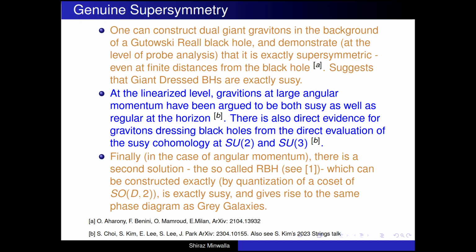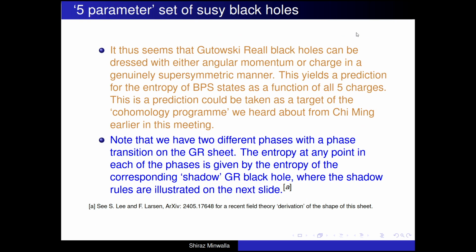Second, there's some evidence that the same is true for gray galaxies. And third, there are other rotating black hole solutions that I haven't told you about that one can show are exactly supersymmetric, because all it does is take a supersymmetric black hole and set it moving. Okay, so I know that was fast, but you trust me implicitly, so you should believe that our construction goes down to the BPS plane. Excellent. So now that our construction goes down to the BPS plane, we now have a construction of a 5-parameter set, 5 once we include all charges, of BPS configurations.